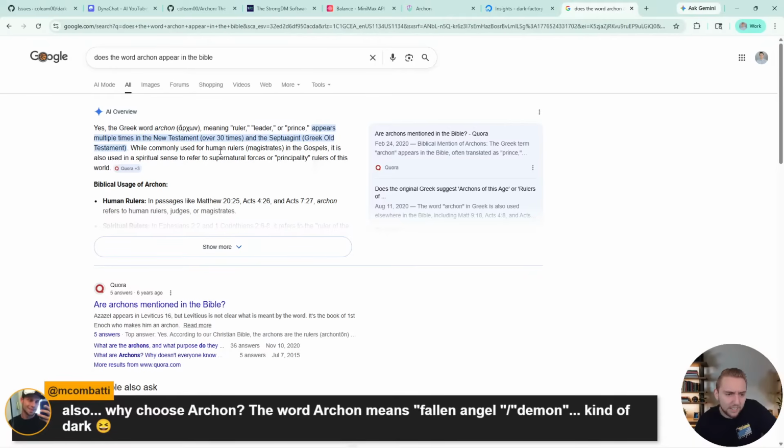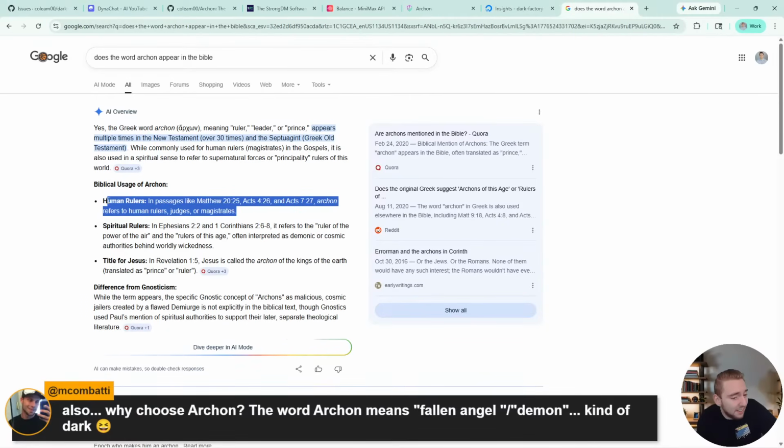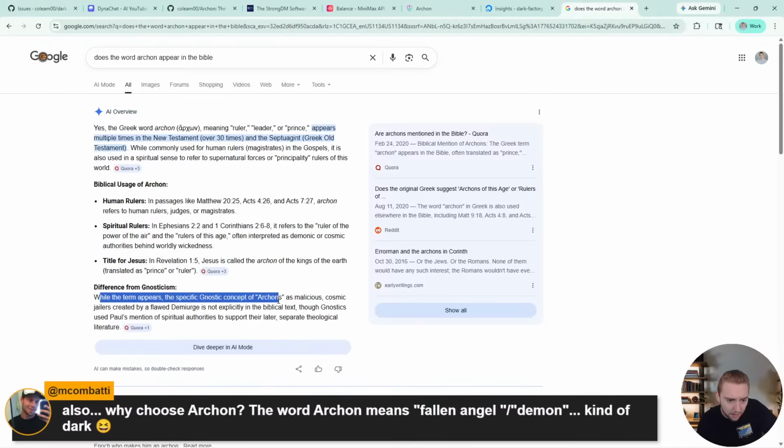Let's see. While commonly used for human rulers in the Gospels, it's also used in the spiritual sense to refer to supernatural forces. Okay, so I guess most of the time it isn't necessarily a bad thing. I could be speaking out of my butt right now. While the term appears, a specific Gnostic concept of archons as malicious cosmic jailers.